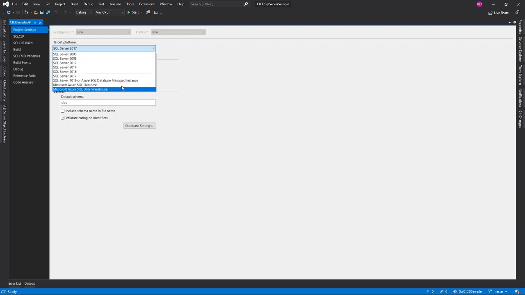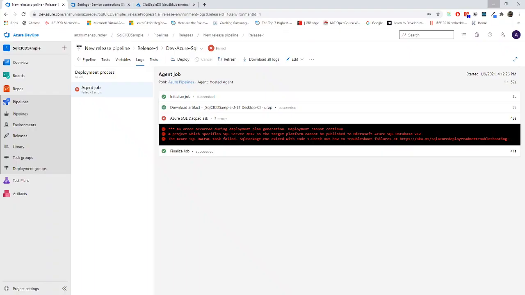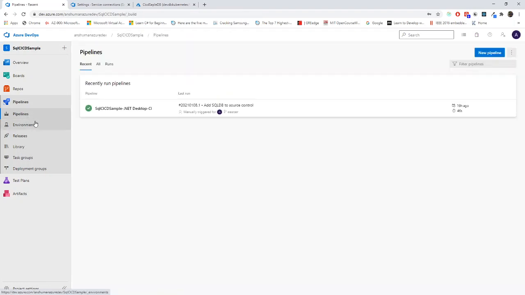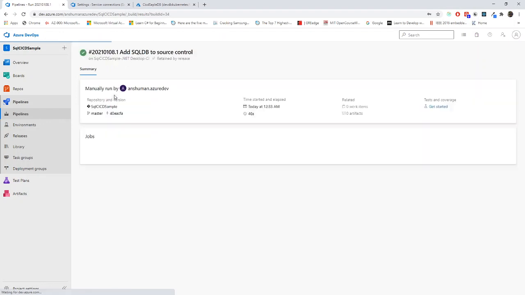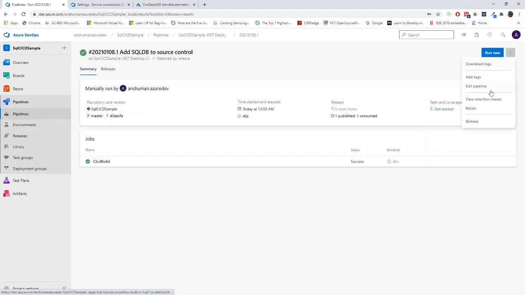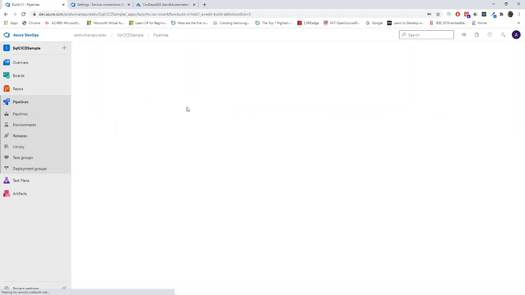We'll just change it. Before that, we are going to set up continuous integration. We will come to our last pipeline and edit it. We will trigger this once we change something in our master branch. I have to make the continuous integration part over here.